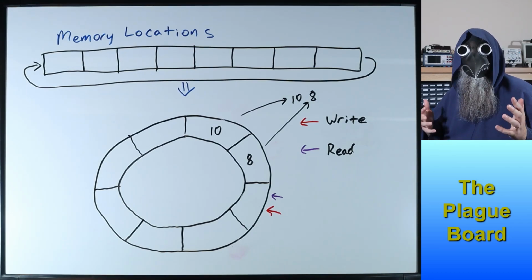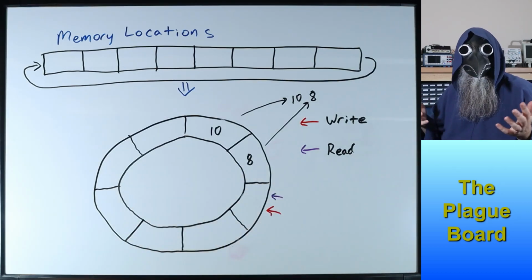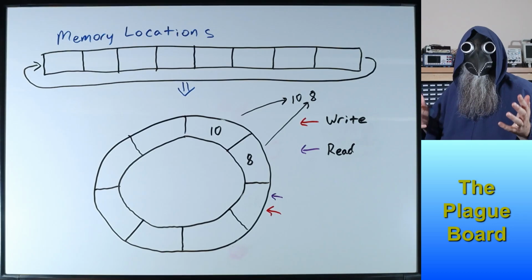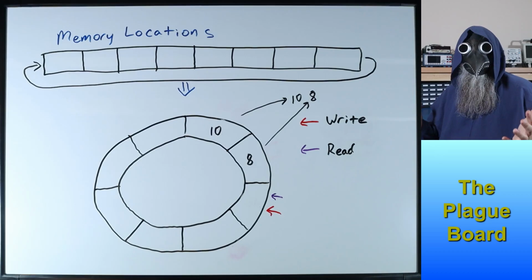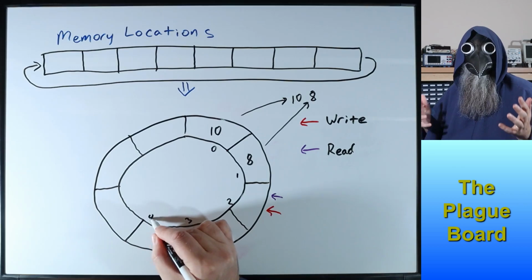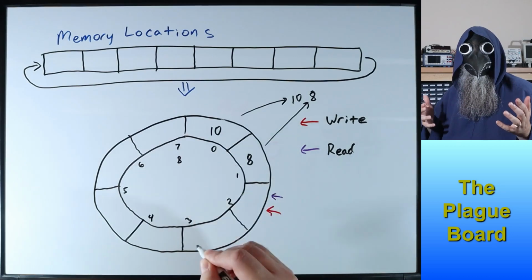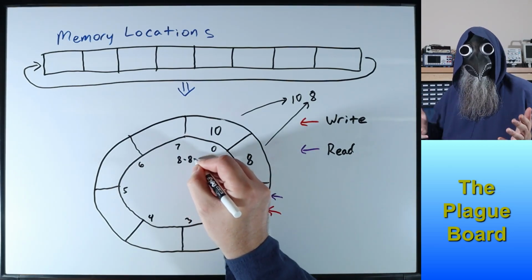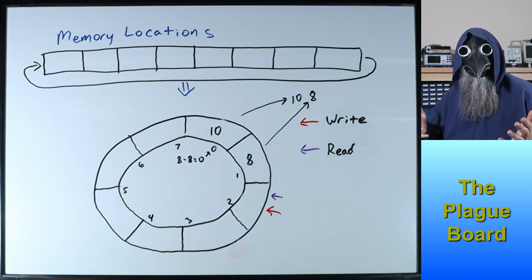Now, one thing you might be wondering is, how do we make this buffer circular? I mean, memory is not circular, it's contiguous, with each location following the next, and it doesn't wrap back around, at least not normally. If we look back at our circular buffer, we could call this index 0, followed by index 1, all the way up to 7. So, if we increase our index from 7 to 8, then we need to subtract 8 from it so it points back to 0. There's an easy way we can do this in code if we use a buffer length that is a power of 2.